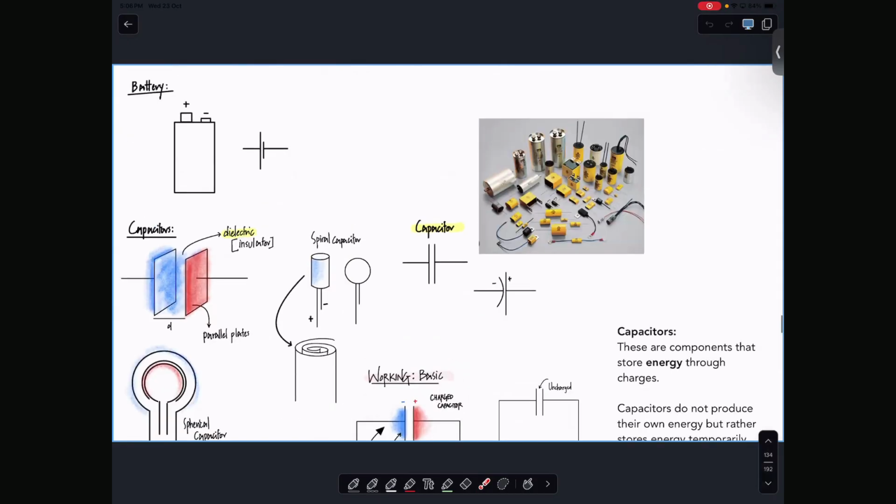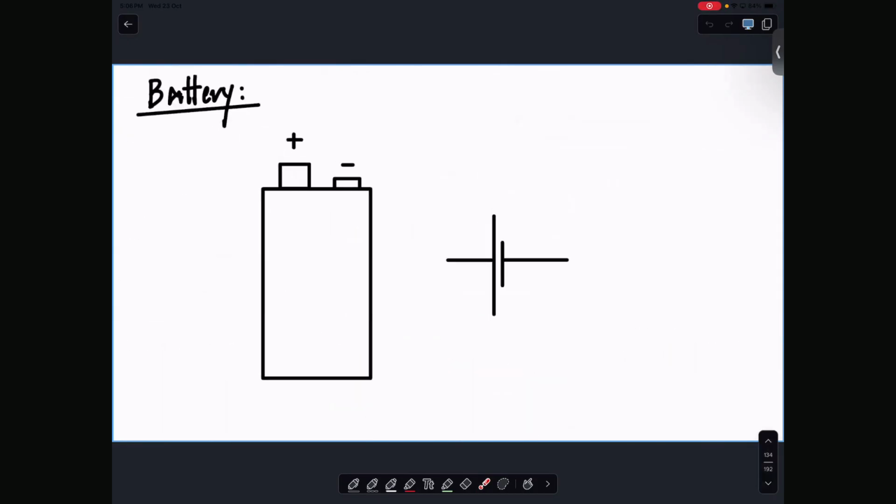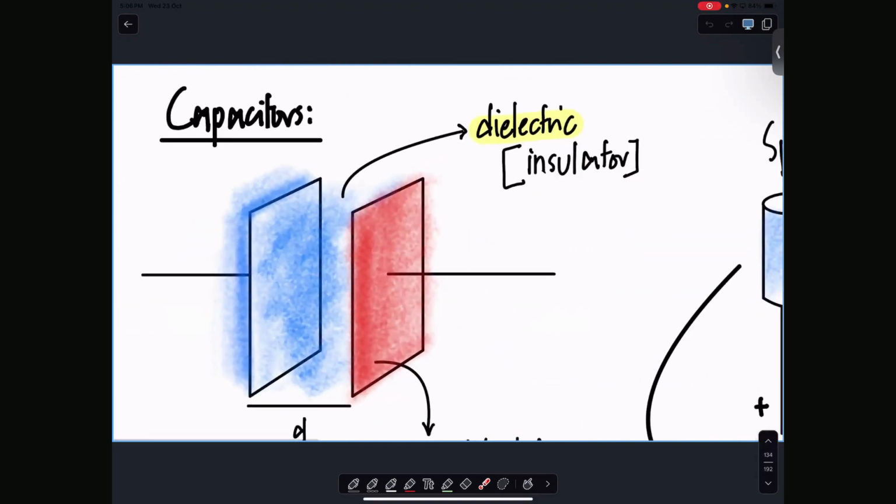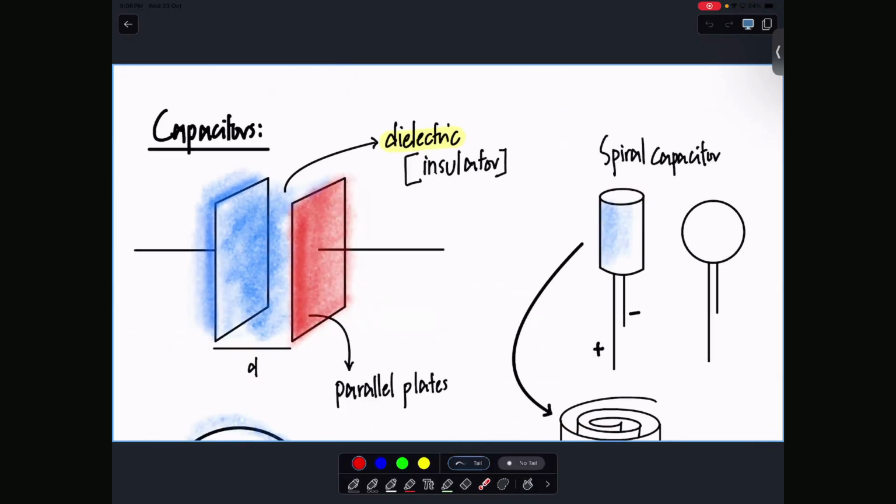So what is a capacitor actually? Before we start, we need to understand what a battery is. A typical battery, right? What does it do? It takes in chemicals. There's a chemical inside this. This one is lead acid, right? A chemical reaction takes place, and that reaction causes the chemical energy to be transferred to what energy? Electrical energy. That's what a battery does. A capacitor is very similar, except it doesn't have its own energy source. It takes energy from a battery.